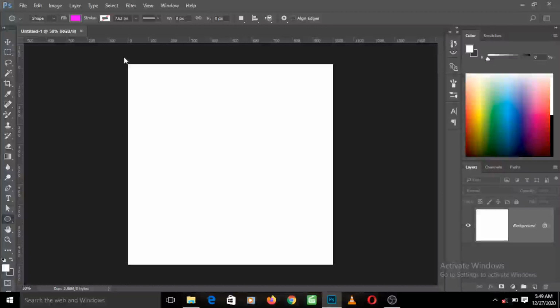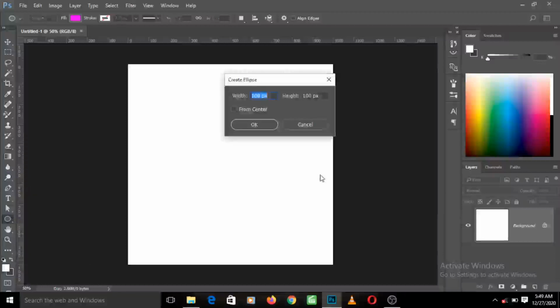But just in case you want to follow, I just selected the ellipse tool. I clicked and held this button so that the other options will show up. So I left click and held it down, and this other option showed up, and I chose the ellipse tool. And I came to the properties bar and I changed the fill color to purple. So I just left click and drag, just to form a circle.